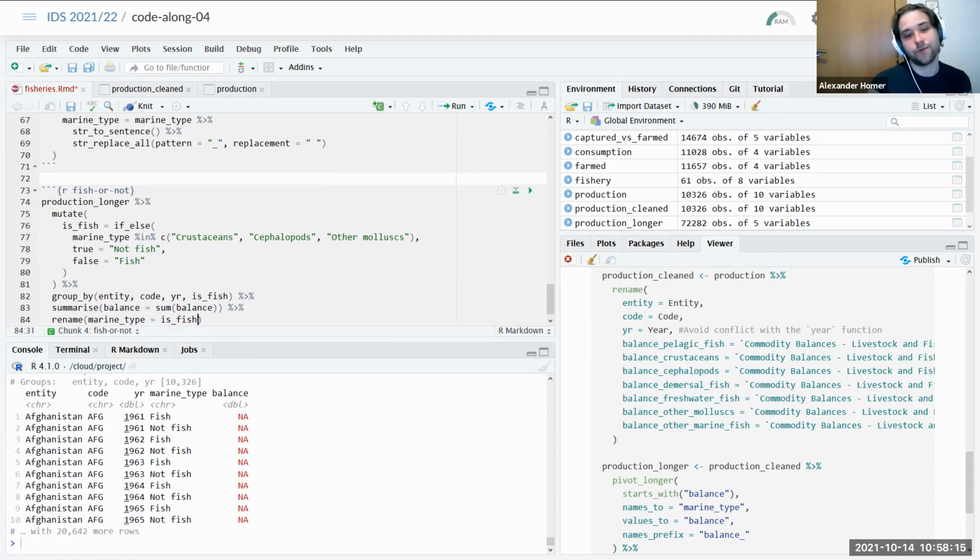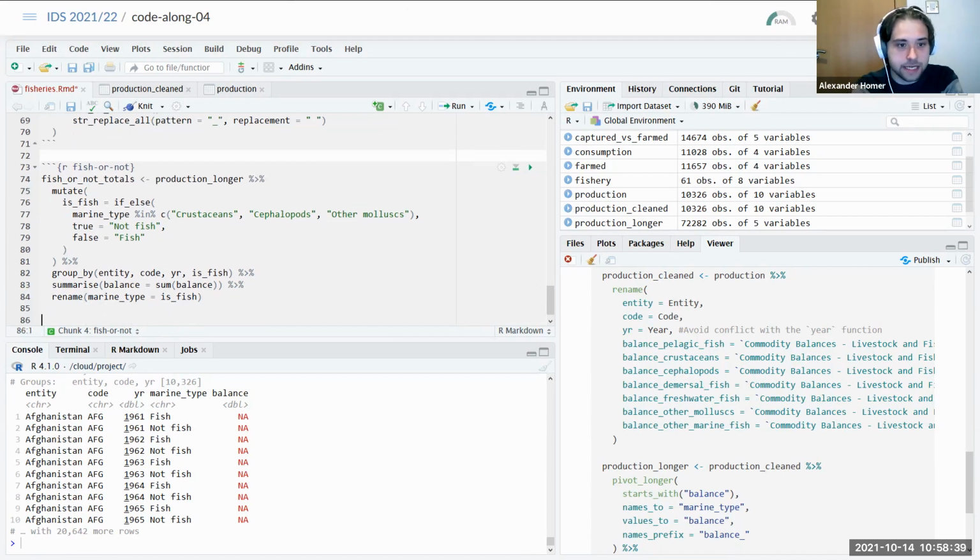And you might think, well, that's really confusing. Why have you done that? Because I've now just got columns that have the same names as my other data set, and this is a different data set, right? And that's exactly why I've done it. So I'll call this fish or not totals. The reason I've done it is that what I want to do now